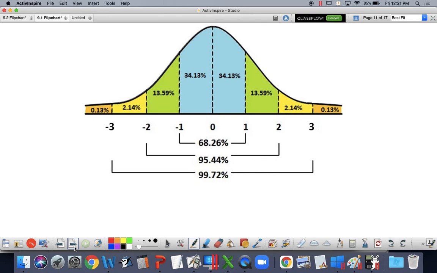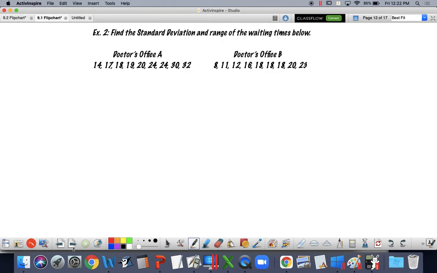So maybe last year, an 85% would have earned you a 4, and maybe this year, an 85% would have given you a 5, because they always readapt their test results to this normal curve. This is your mean right here in the middle, and then these are one standard deviation below, one standard deviation above, two standard deviations above, two standard deviations below. If you see a curve like this, know it is one of the most foundational things we use in statistics. Let's go back to our doctor's office.